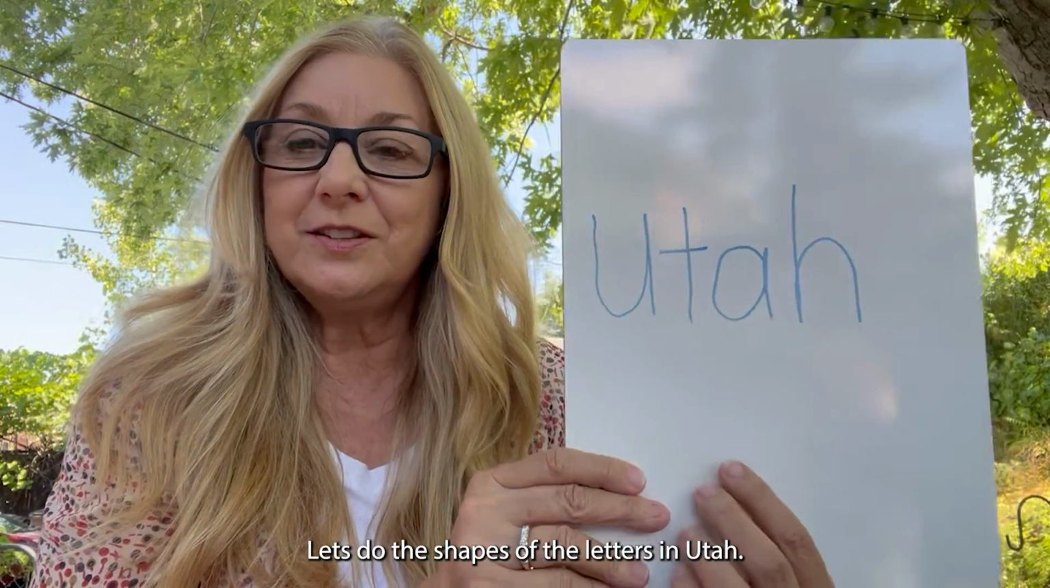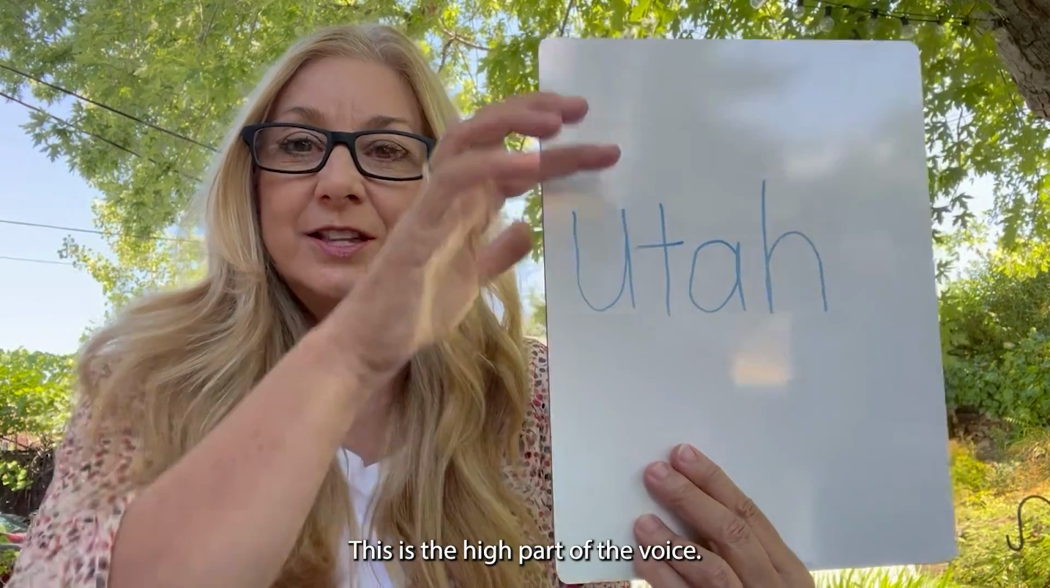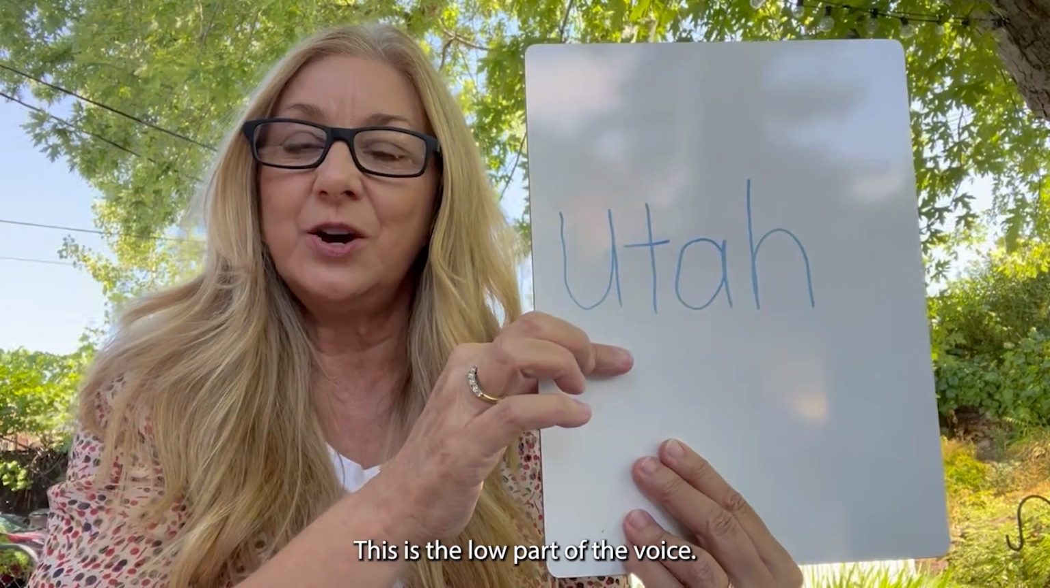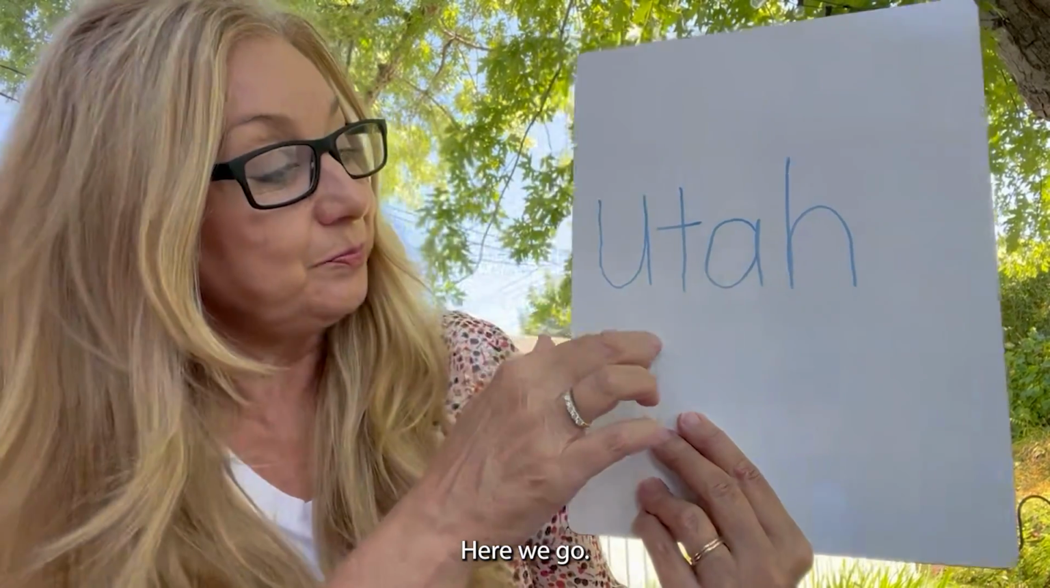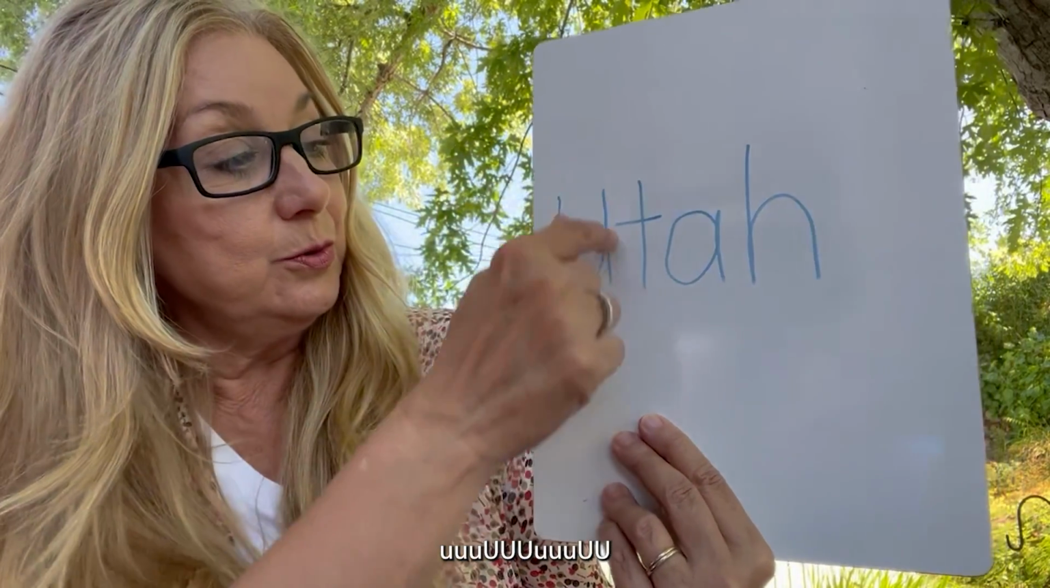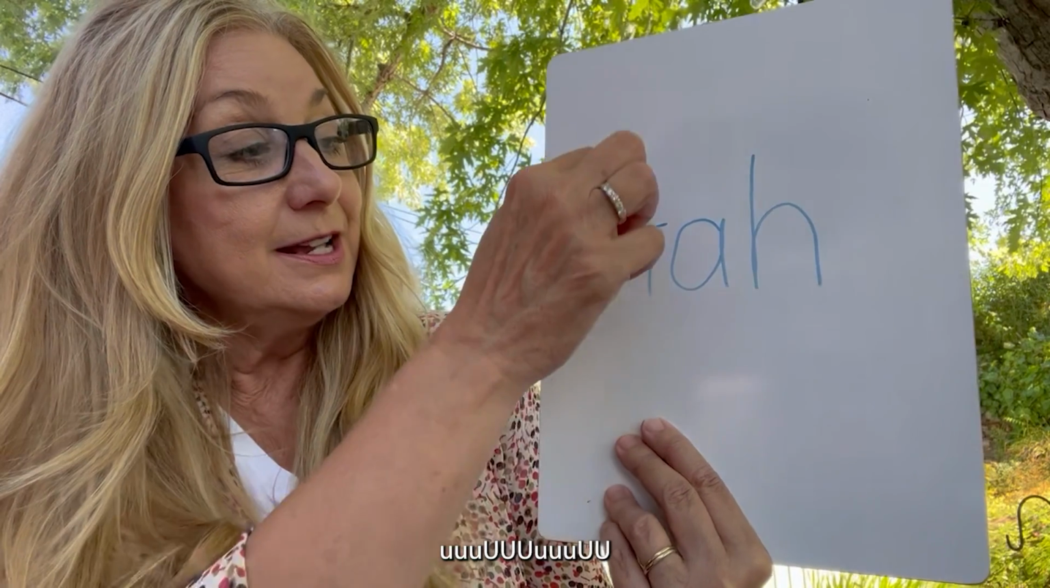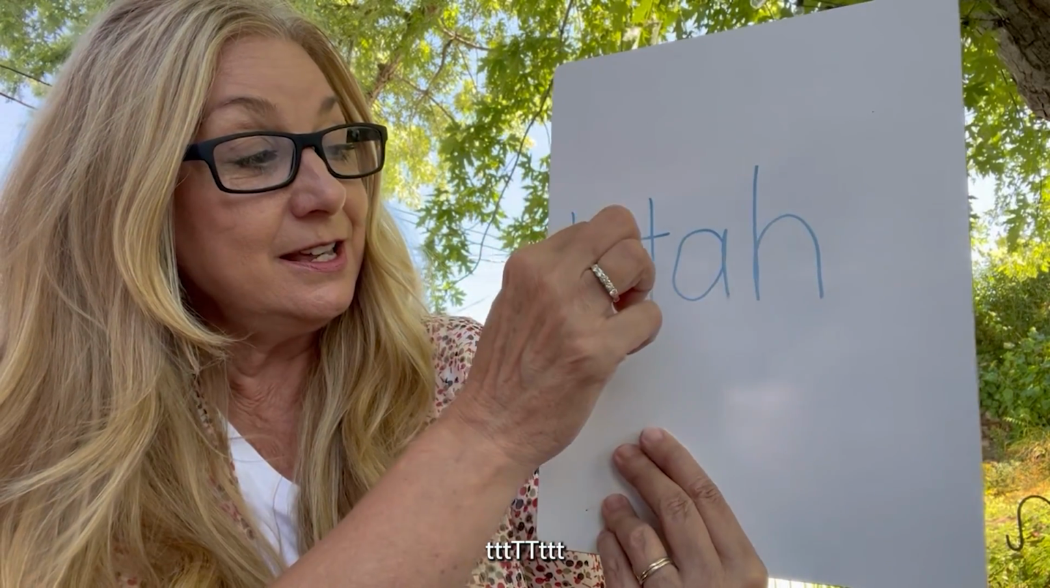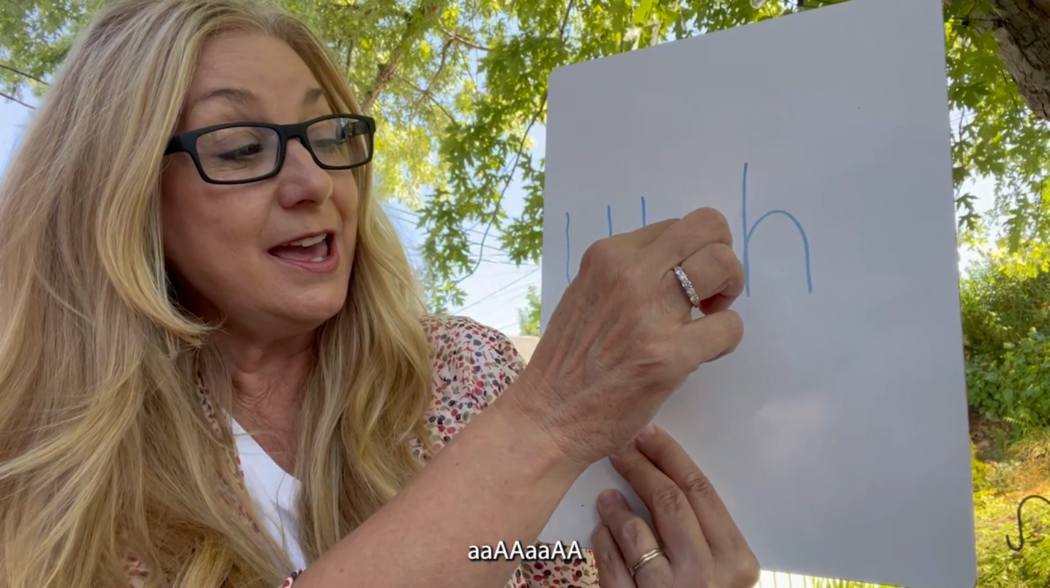Let's do the shapes of the letters in Utah. This is the high part of the voice. This is the low part of the voice. Here we go. U, T, E, A,